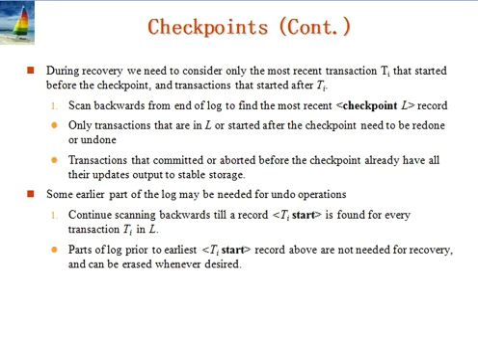After a failure has occurred, the recovery scheme examines the log to determine the most recent transaction Ti that started executing before the most recent checkpoint took place. It can find such a transaction by searching the log backward from the end of the log until it finds the first checkpoint record. Since we are searching backward, the record found is the final checkpoint record in the log. Then it continues the search backward until it finds the next <Ti start> record. This record identifies a transaction, what?